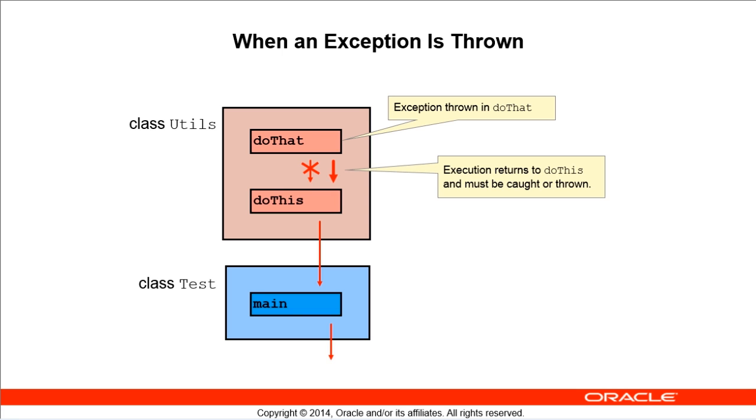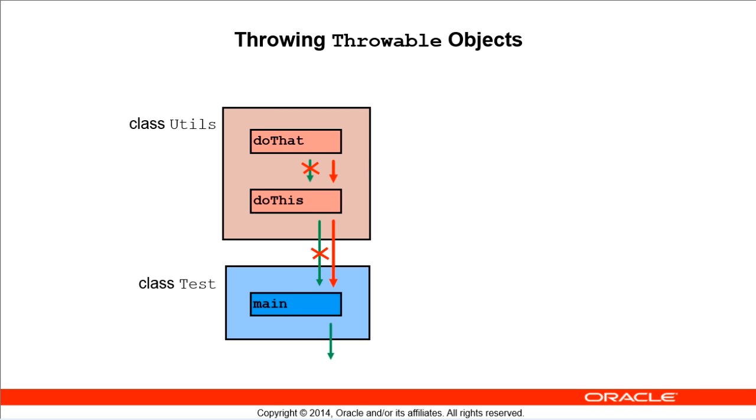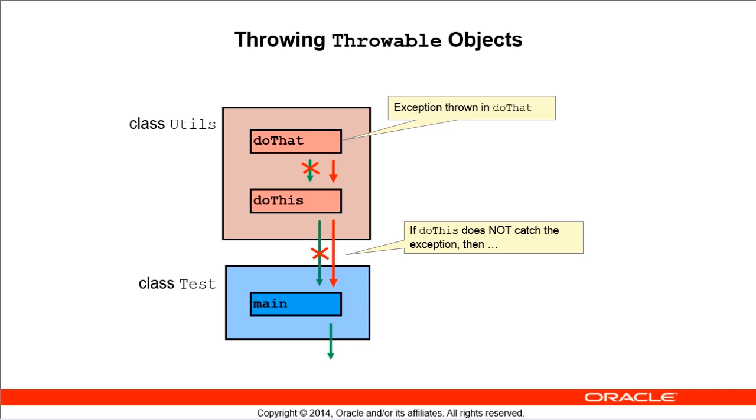I'm going to demonstrate what happens if there's no try-catch block in DoThis. This diagram illustrates an exception originally thrown in DoThat being thrown to DoThis. The error isn't caught there, so it's thrown to its caller method, which is the main method. The thing to remember is that the exception will continue to be thrown back up the call stack until it's